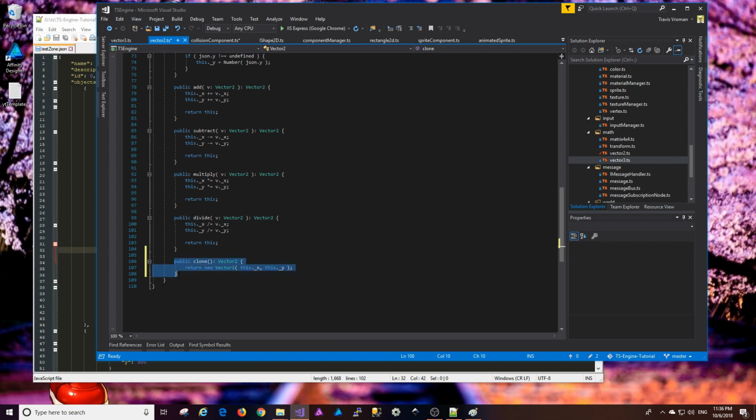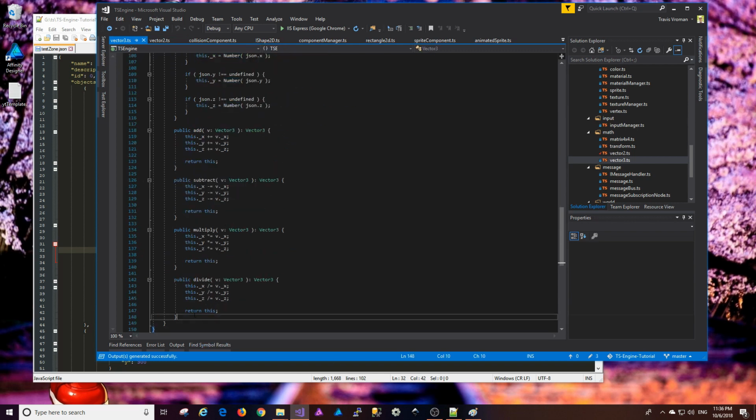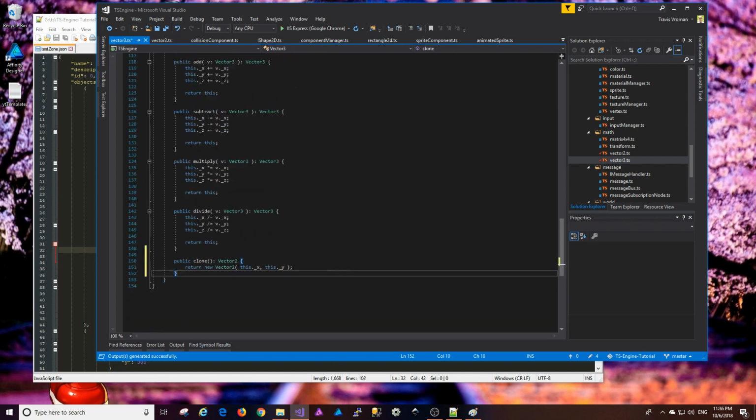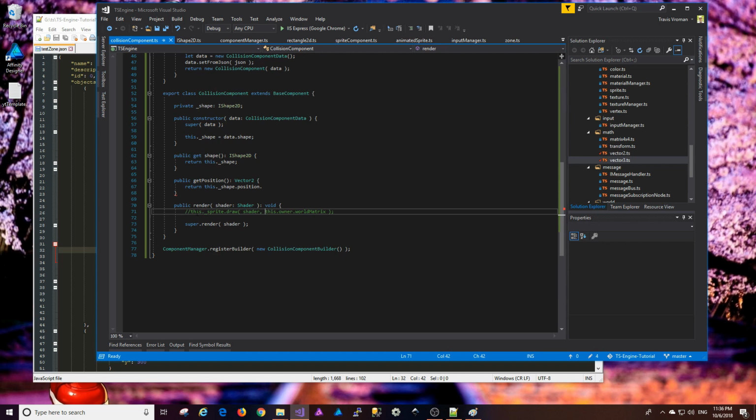And I'm going to copy this to vector 3, all the way at the bottom, just like the other one. This is going to be vector 3, and it's going to take this._z. Great. And the reason that I'm adding that is because I don't want to actually be modifying the position of the shape in this method. So I want to say